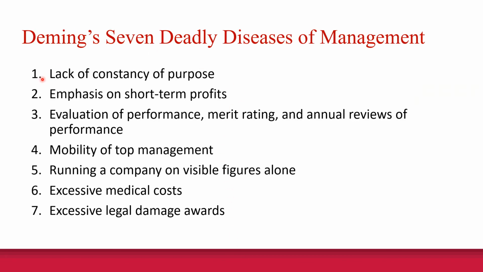Deming came up with what's known as his 7 deadly diseases of management, and one is the lack of consistency of purpose. What's the purpose of management? What are we trying to do? The second one is emphasis on short-term profits. So here, it's great to have profits. It's great to have short-term profits, but if that's all you're focused on, and you don't develop the technologies for the future,